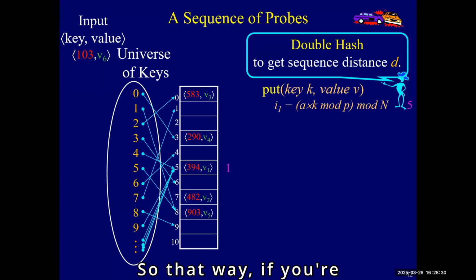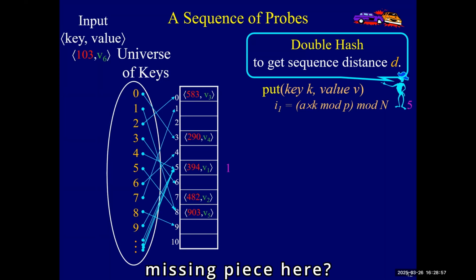So that way, if you're looking for something, you say, hey, where's 103? You hash 103, it puts you somewhere in the table, and there it is, right? Everybody get the problem? And one of the various things we still have to discuss is how do we get this random hash function? What properties do we want? And how do you deal with,